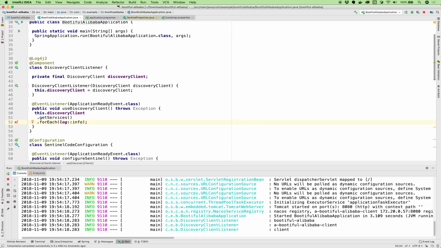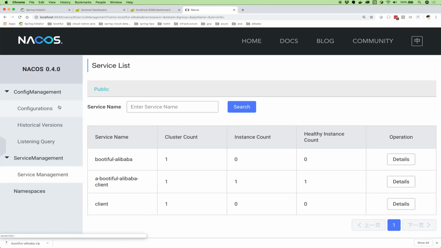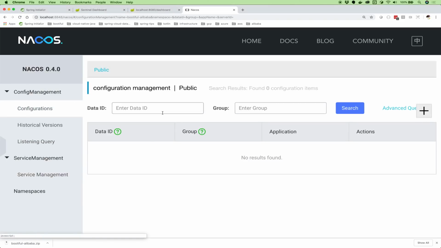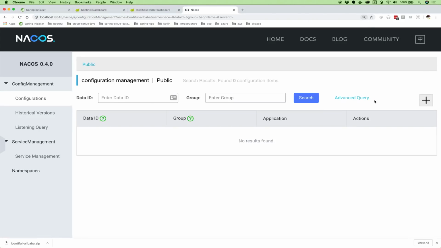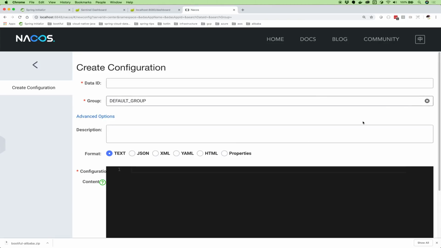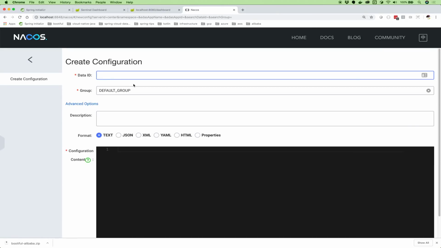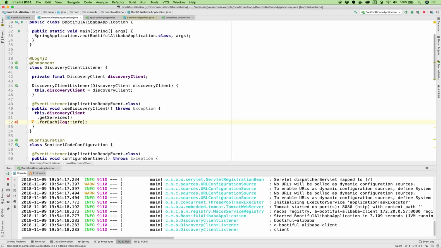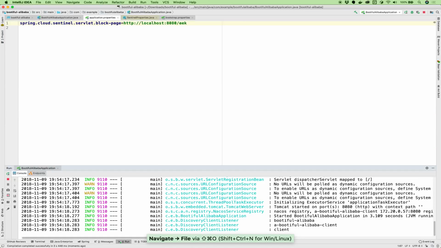We can store configuration in Nacos, and when I say configuration, I mean configuration files, and we can change them just like you would with config server. And I think this is actually in some ways a little bit more slick than the config server. So let's try it out. Okay, we're going to create a file called, what is our Spring application name?